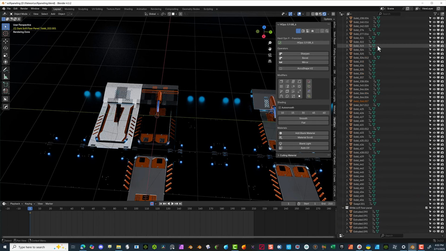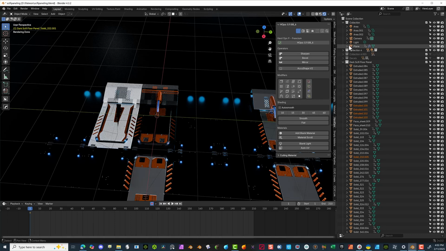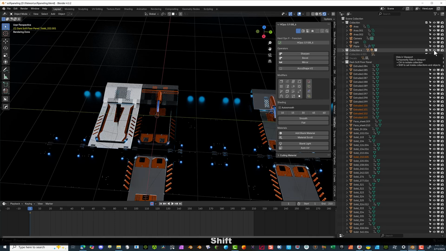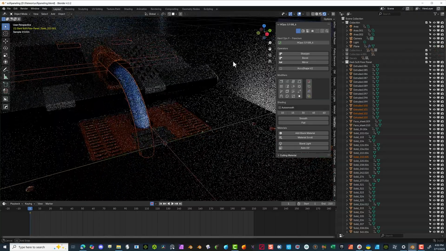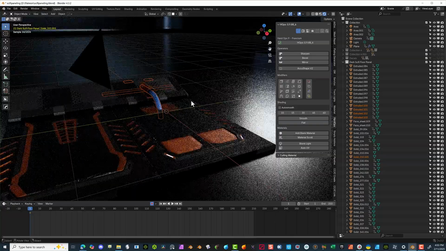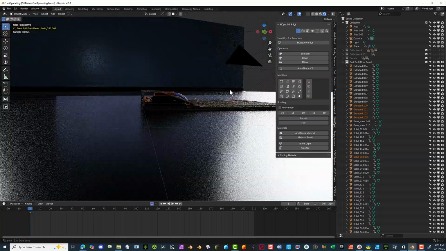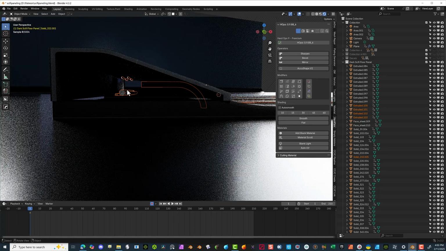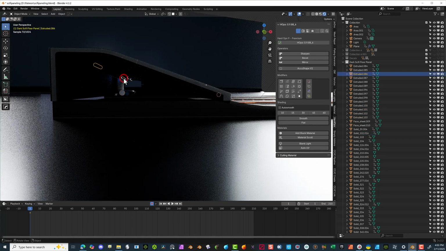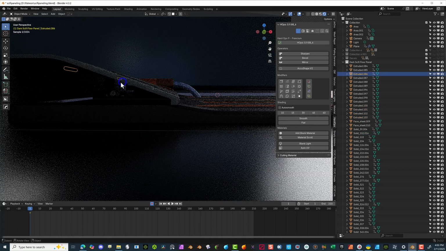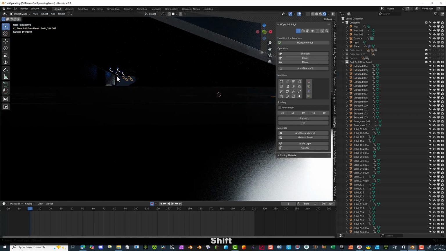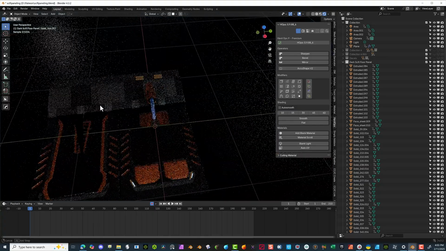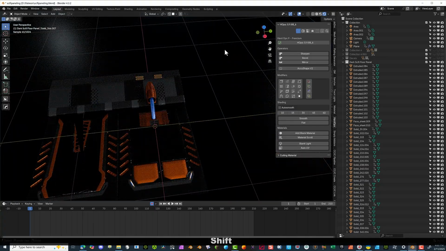Now I can go back in here and just hide everything else. So go back to the one we just did. And we can just say Shift, hide everything there. Okay, cool. So now we got our tube. We have the lights. We have these sections here. And we have these. So what I'm going to do also to make things a little easier is select those 4. And these,